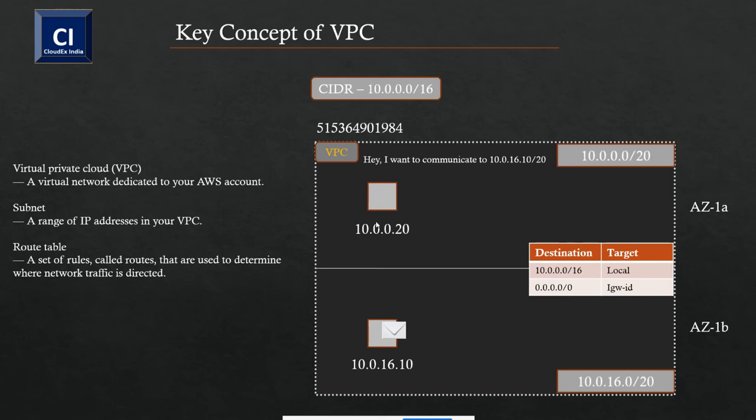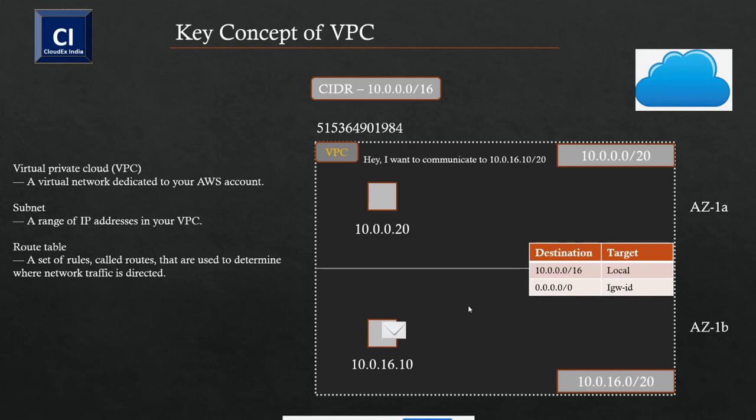So it says, I want to go to 10.0.16.10. The route table says that belongs to the local route, and it keeps the direction and helps to communicate with the other virtual machine. Okay. The next part is, take an example, if you want to communicate with Google, Microsoft, or any external website,